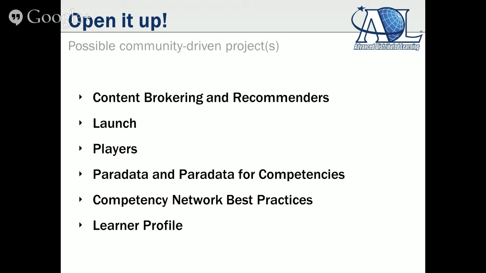Each one of those could be as big as or even bigger than the Experience API project, and it's something that we will need community involvement and help and requirements and in fact priority. What's first, what's second, what's third. That's all really important, and I don't think we're going to make that decision at ADL alone. We're going to want to hear what the community has to say. So these are some examples, and very soon this information will be available out on our website, and we'll have some videos out there, and all the software will be available, and we can really start having a detailed conversation about what's next.